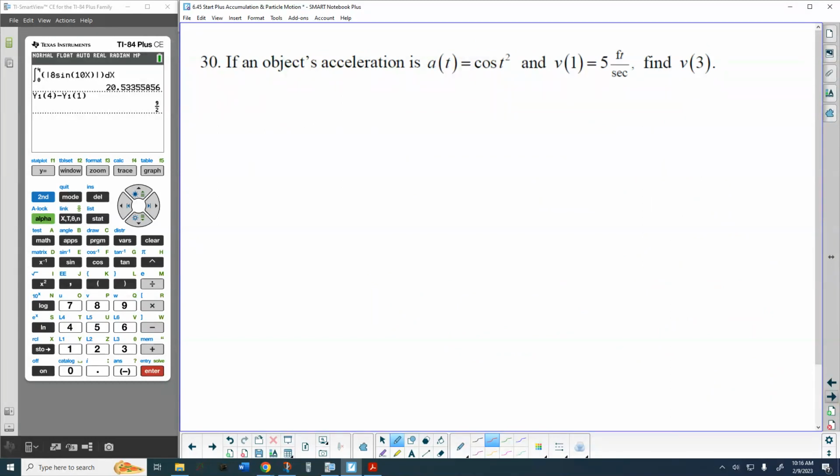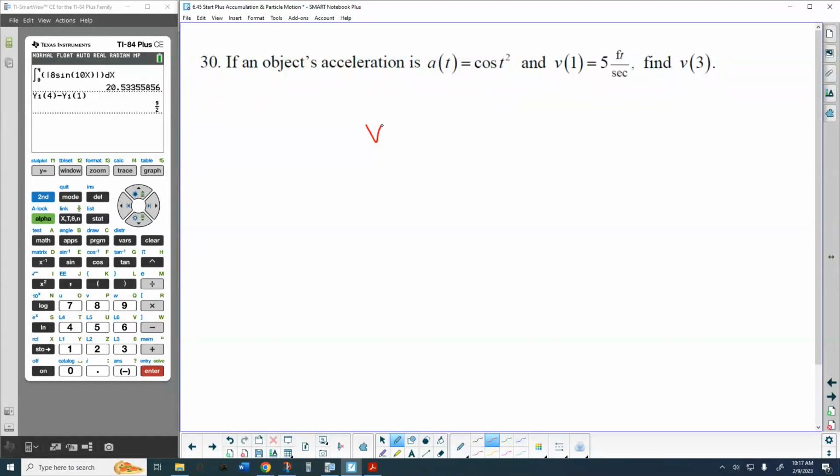This was the homework problem that I told you we were going to eventually do, and we're going to do it now. So this number 30, we are going to use a calculator to calculate, and then number 31, the one below it, we'll do without a calculator. So if an object's acceleration is given by the function cosine t squared, and we know that the velocity at time 1 is 5, can we find the velocity at time 3? Yeah, because